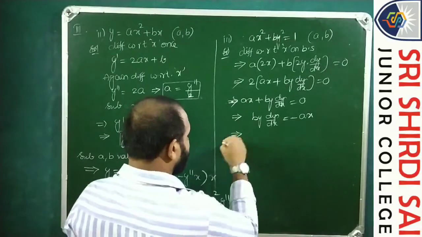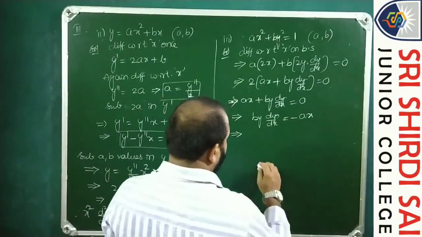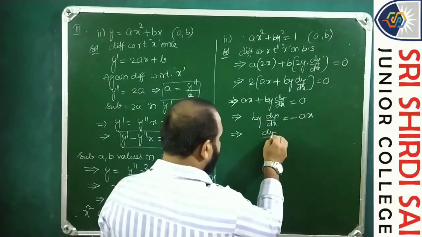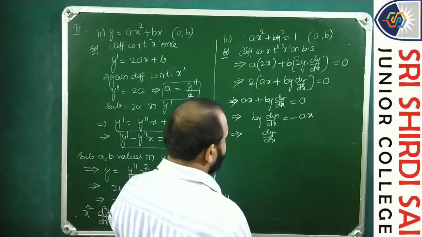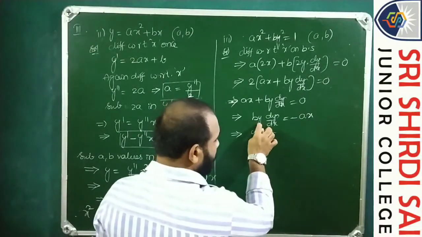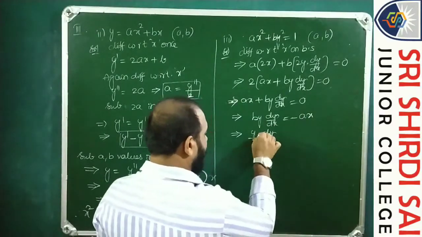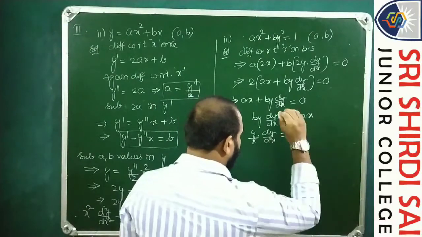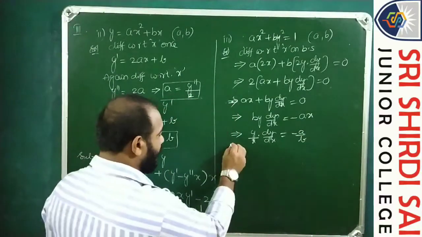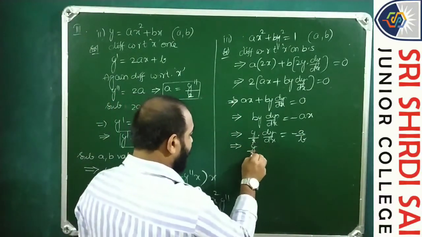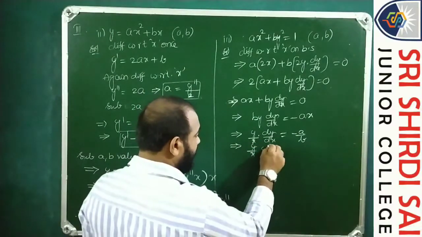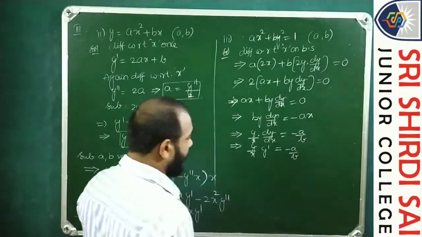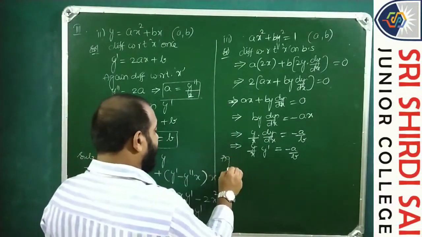So from this, dy by dx into y by x is equal to minus a by b. So let us suppose this y by x into dy by dx, which is y dash, is equal to minus a by b. Again differentiating,